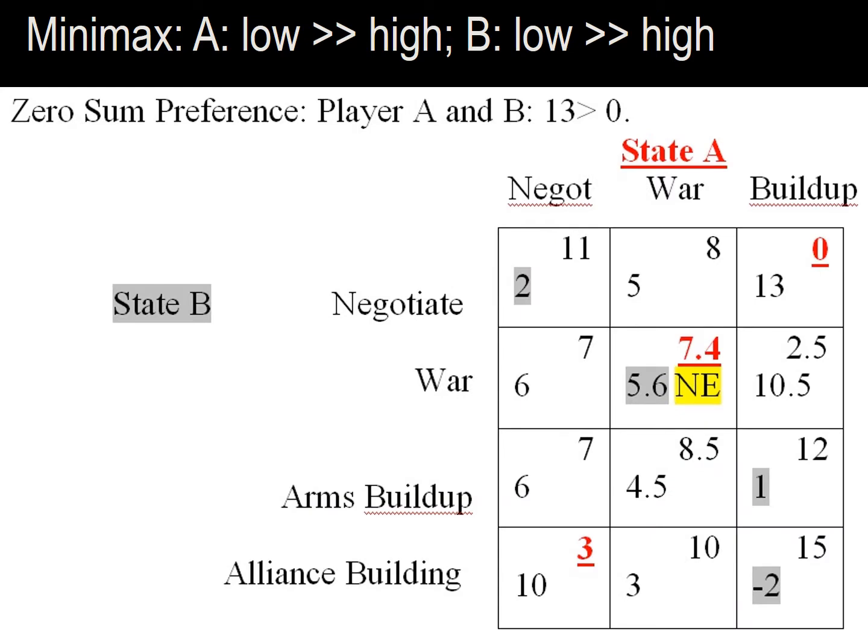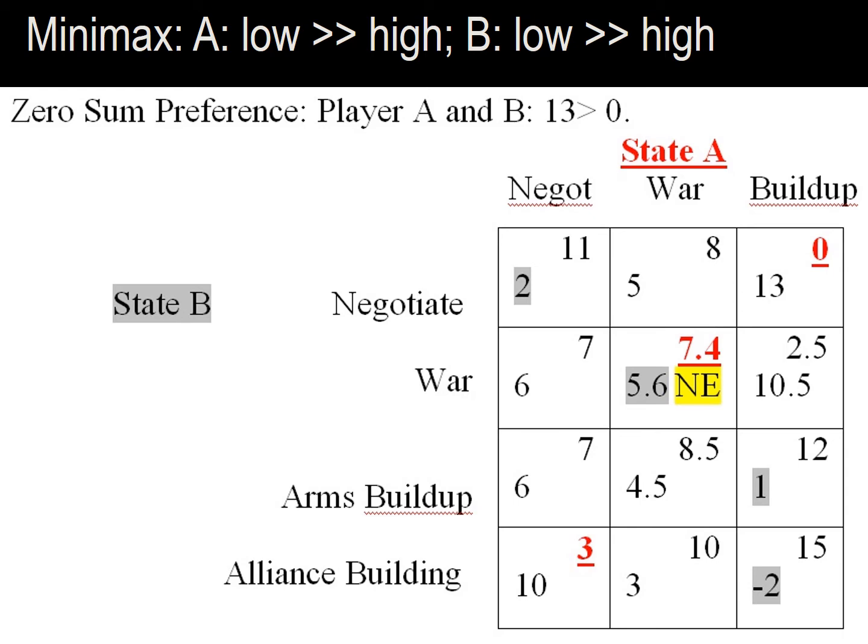Here you can see a cleaner representation of the Minimax method. You can see that the procedure is as follows. Player A identifies the lowest payoff for each of player A's strategies or choices. You've got a red 3 at the bottom of the negotiation column. For war, you have 7.4, and for build-up, you have a red 0. Player A identifies the highest payoff of its aforementioned strategies, which is the highest of the low, which in this case